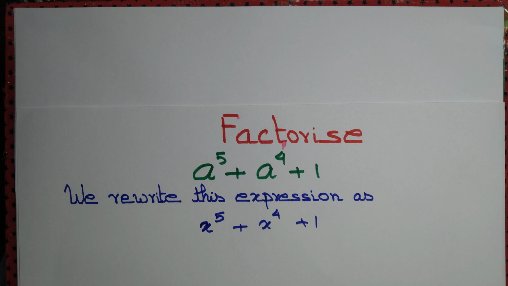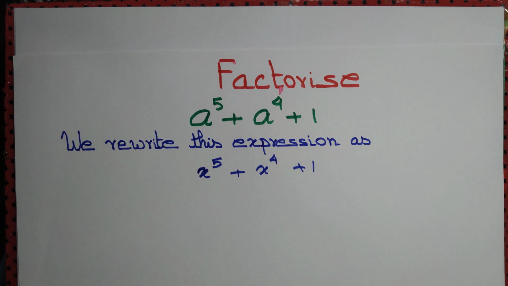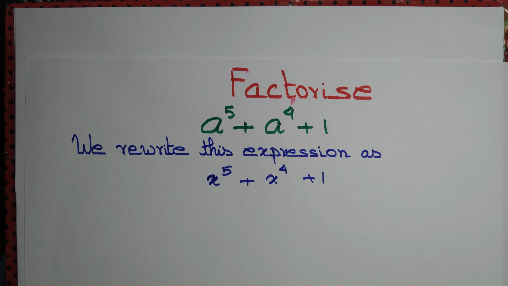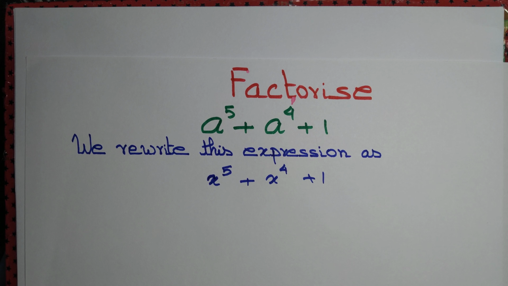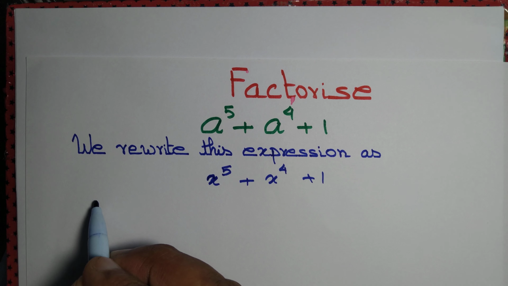Nothing great about it. Now you see that if x minus 1 is a factor of this expression, then if I write x equal to 1 here, I should get 0. That doesn't happen. If x minus 2 is a factor, then again we should get 0. Neither x equal to 1, minus 2, nor minus 3 satisfies the expression equal to 0. So we don't find it, but if you know the complex number,